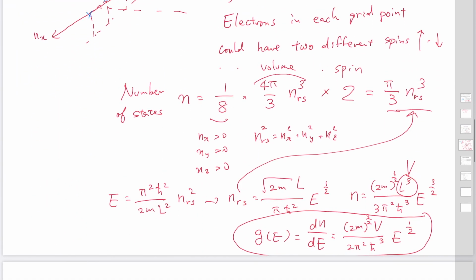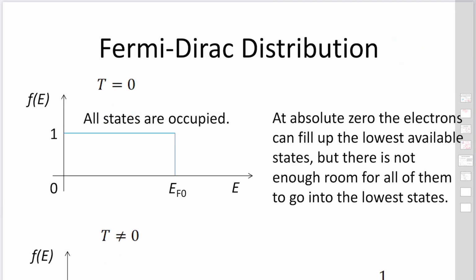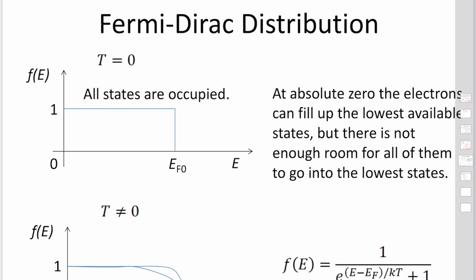Then we can find out the electron concentrations. Before that, we need to consider the Fermi-Dirac distribution. At T equals 0, at absolute zero temperature, the electrons fill up the lowest available states, but there is not enough room for all of them to go into the lowest state. So if you consider the lowest state as one energy state, this is going to be filled by an electron. Then the next electron has to go to the second lowest state. Then this electron is occupied